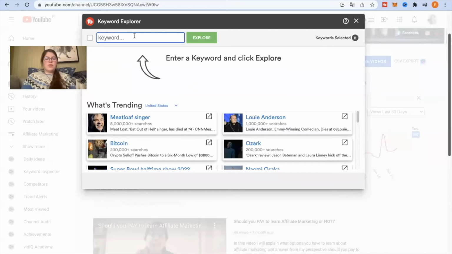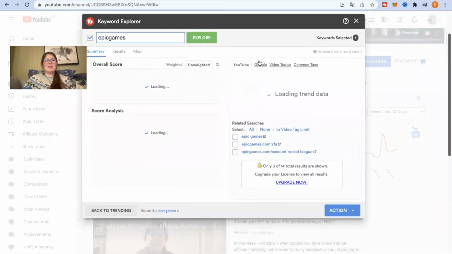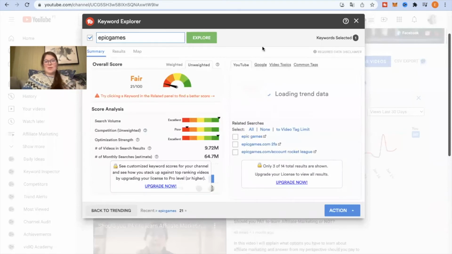For example, we can take, let's say, Epic Games, because I haven't done that. Let's just do Epic Games. I don't know where that came from. It just suddenly came around. So you get a little bit of overall information on the search volume, competition, optimization strength. And then you get a little bit more information on